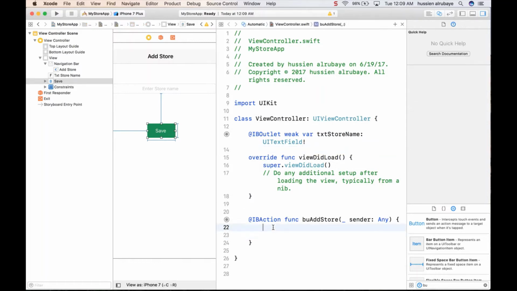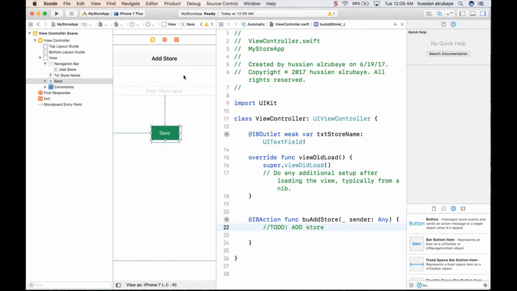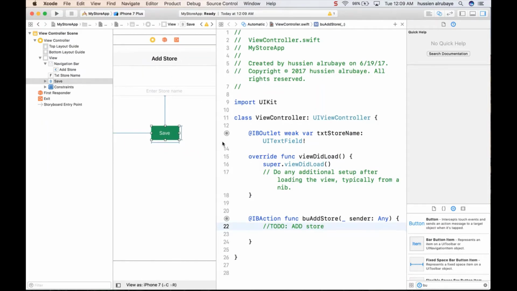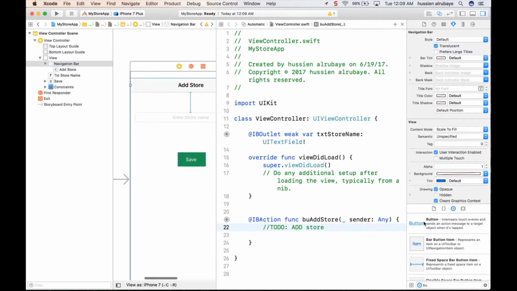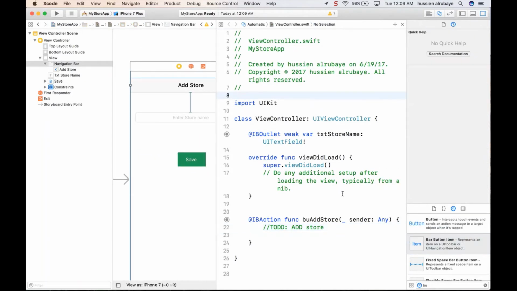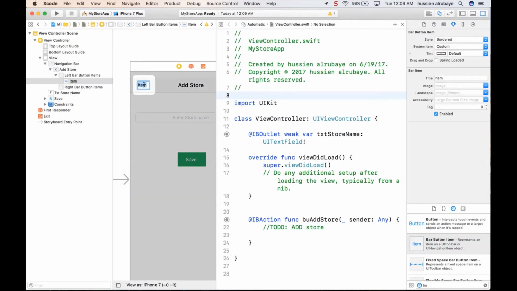So this one we'll do add store. Okay, so yeah, this is all what I have here. I don't think I have anything more to do, but I would suppose adding a navigation bar item here also on the top on this one. I will name it for now bag, because I will later on do some changes. And this bag will just